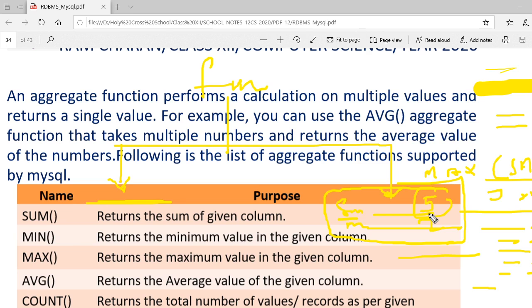But multiple row function, see, one more specific term is there. What is the term given for group? Yeah, aggregate, correct. Aggregate is another name for multiple row function. In some books you get multiple row, in some books you get aggregate function.